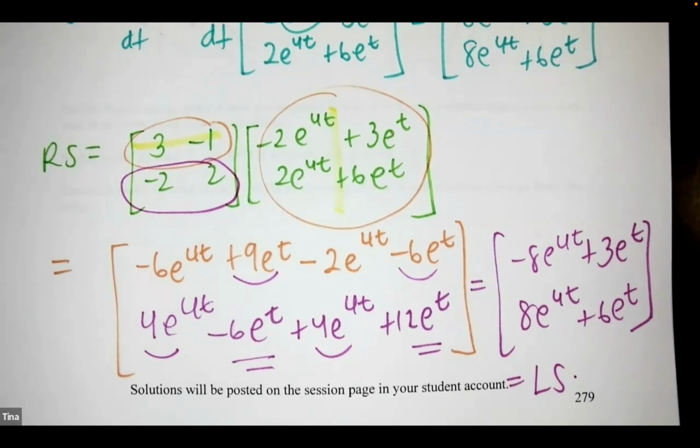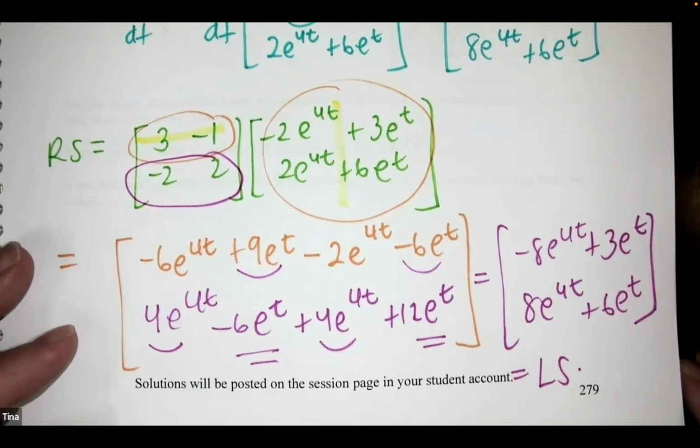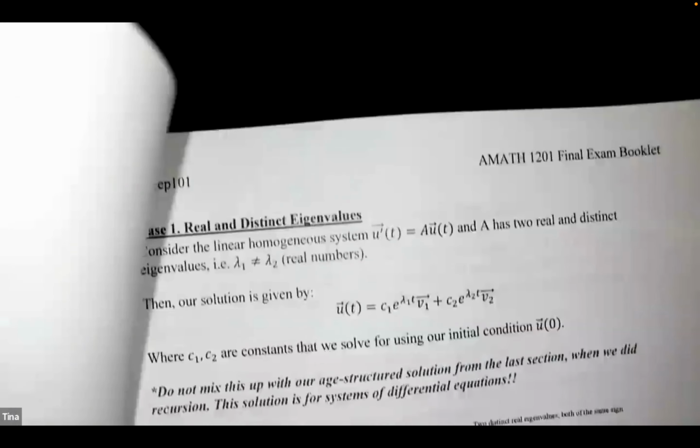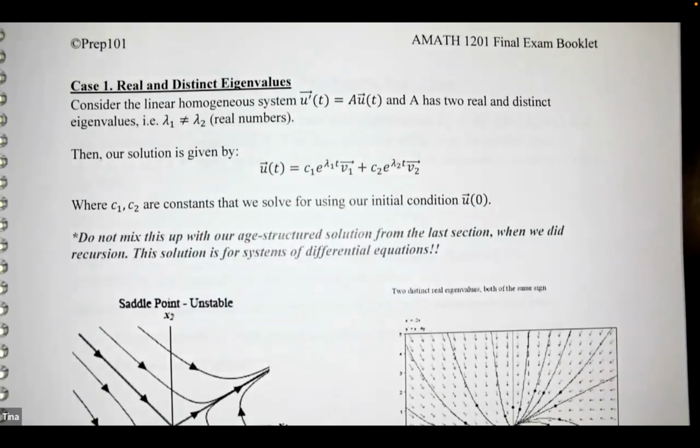Okay, so those were a couple of questions that they talked about in the notes before you actually solve the systems. Any questions with them? Okay, so if the case is that the eigenvalues are different,